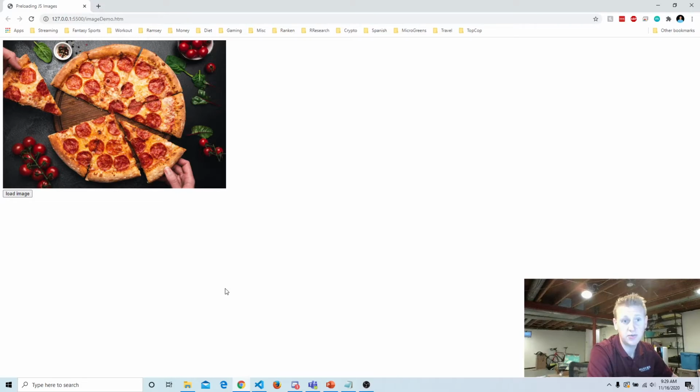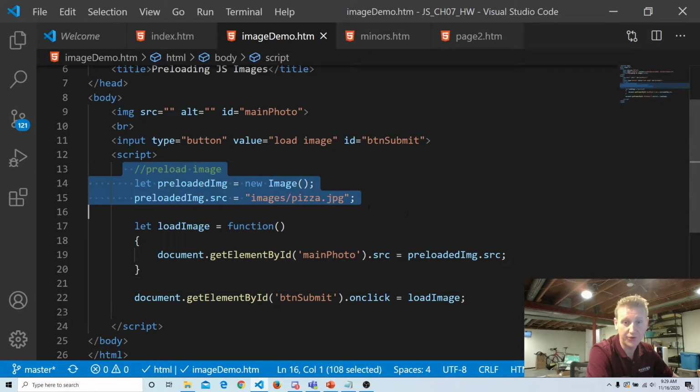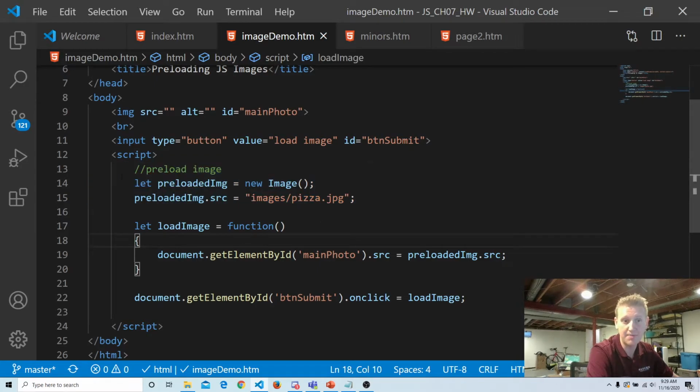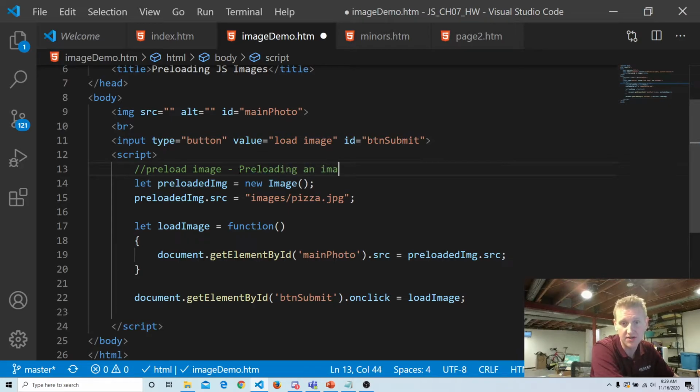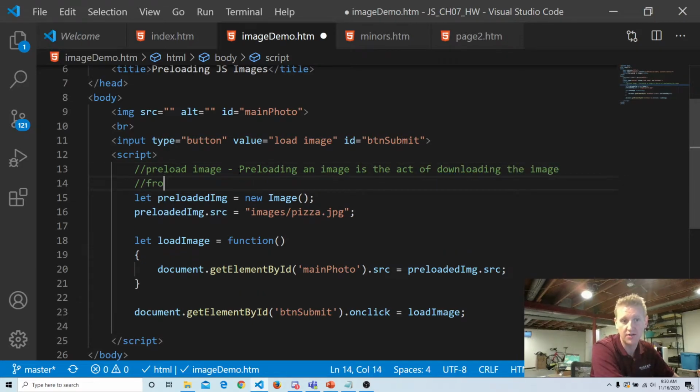Okay, so that's the theory behind preloaded images. This is the practice on how to do it. Step one is to preload an image. And again, what is preloading? Preloading an image is the act of downloading the image from the server to the client to be ready to use instantly